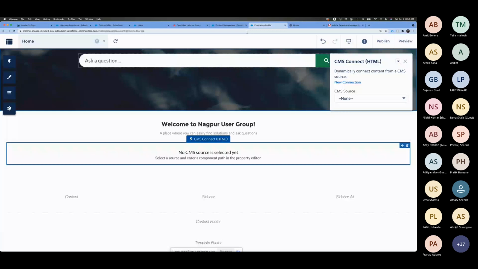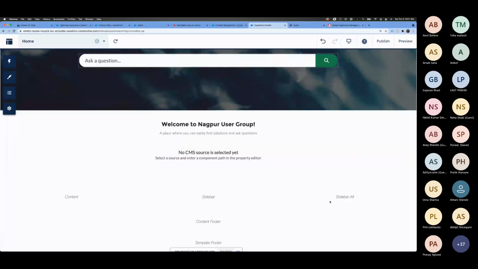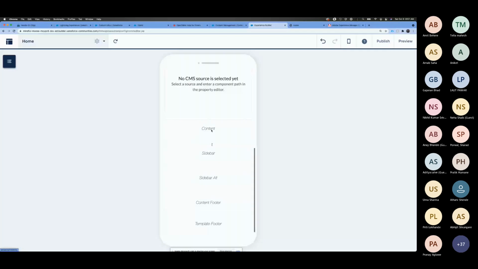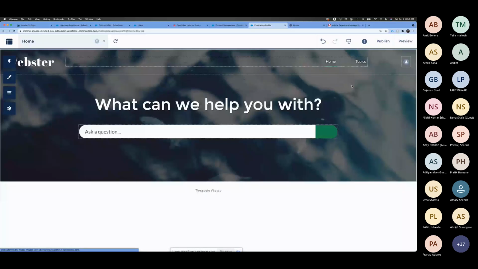By default here, if you see, we have these 3 different components, but if we go on mobile, it will show one by one after that. So it's all handled here because of responsiveness handling. But if you create your own LWR site, this will not be handled.